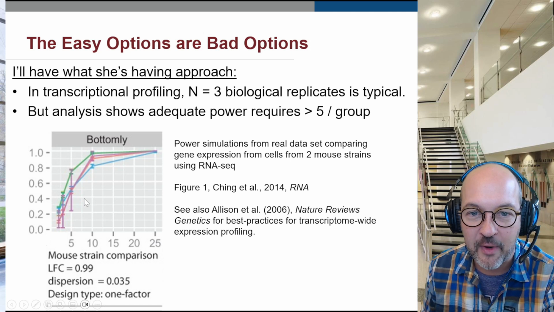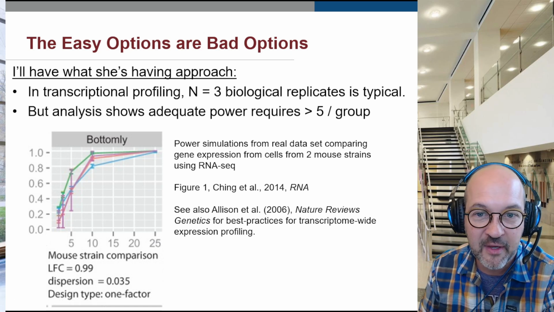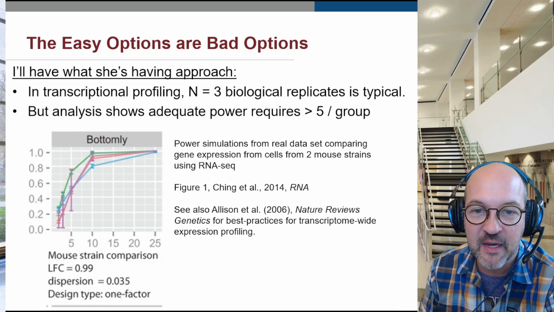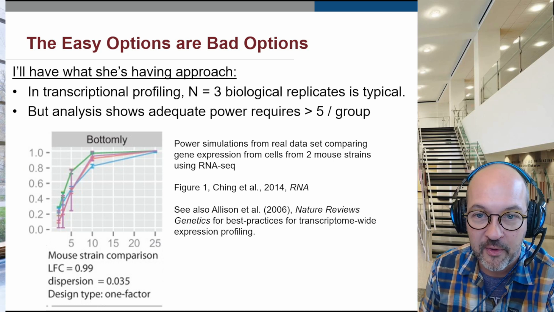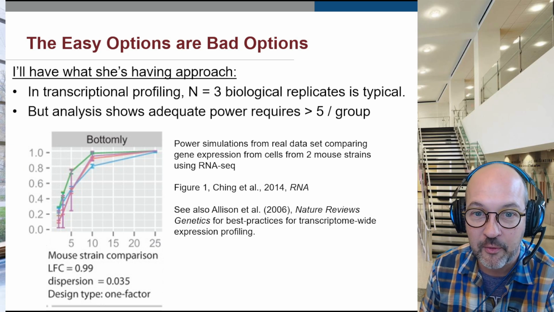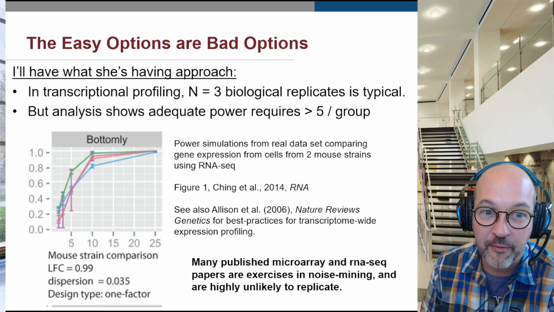This is actually crazy, because analysis is clear that this is not an adequate sample size for most applications. There's simply too much variation in gene expression across organisms and samples to generalize from just 3 samples per group. Reasonable power only starts to emerge with 5 animals per group, and in most cases will be optimal with about 10 biological replicates per group. This is really astounding. It means that much of what has been published using these techniques is actually worthless.